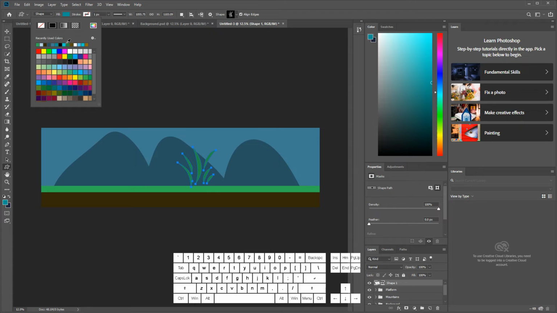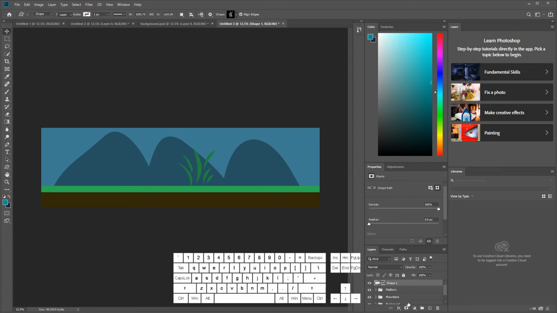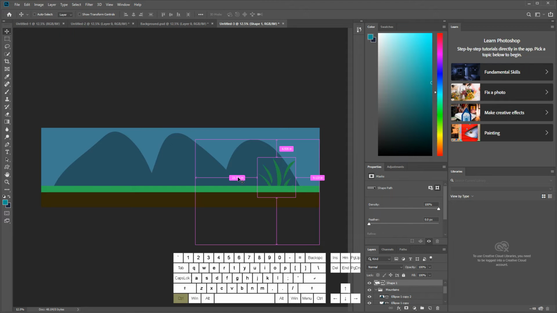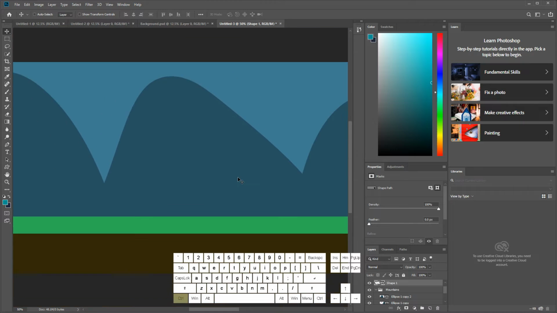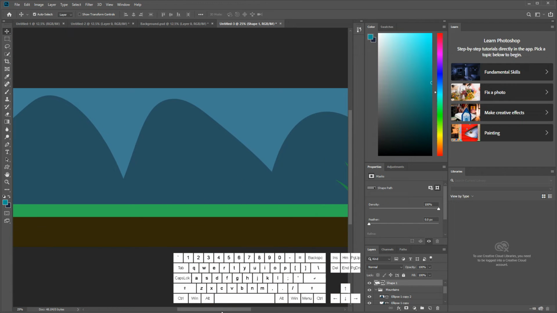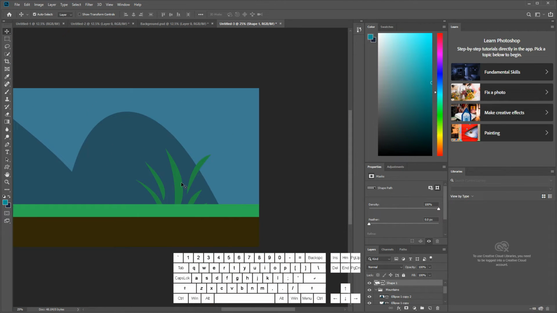So I'm going to go for a dark green. We're going to bring it behind the platform layer so that we can bring it down when we actually click on the right layer. And then what we've got to remember is when we're zoomed in, it'll be to about here. So these will obviously be really large at the moment, so we need to scale them down a little bit,